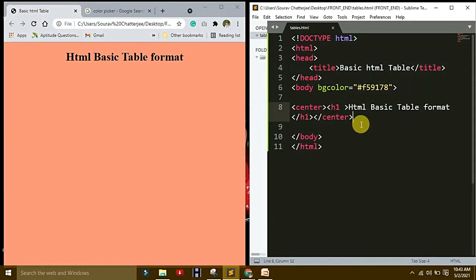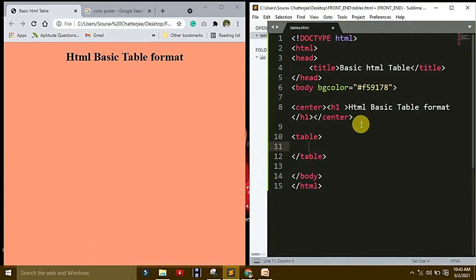Now make a table. How to make a table? Make a table format.